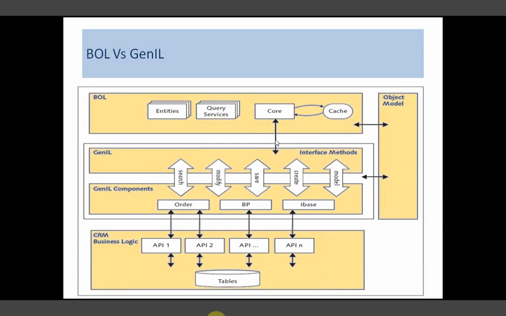It informs the interfaces, and through the interfaces it will be communicated to the core. So the resulting object will be communicated to the core. But here the beauty lies in the object model.